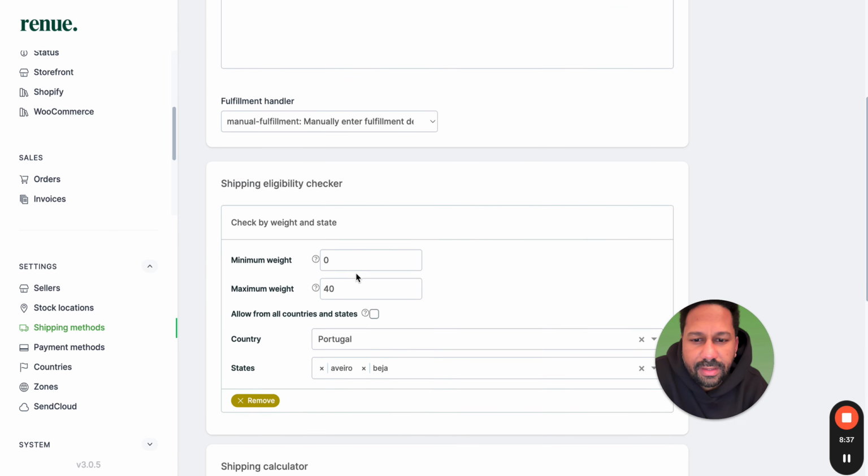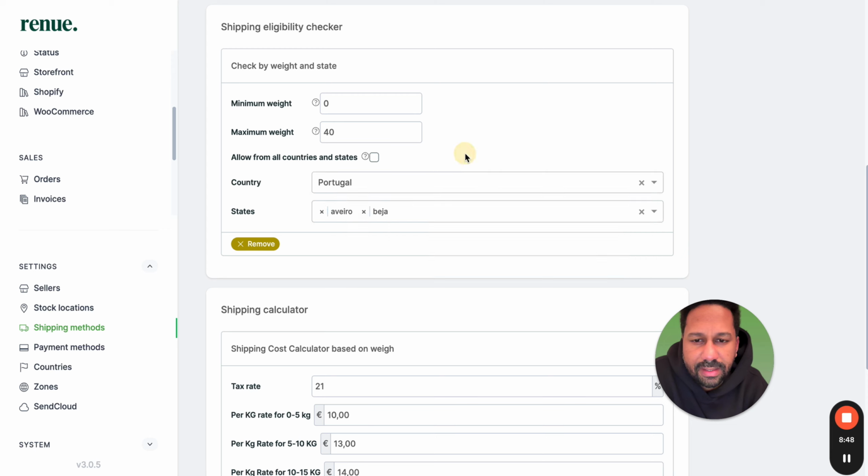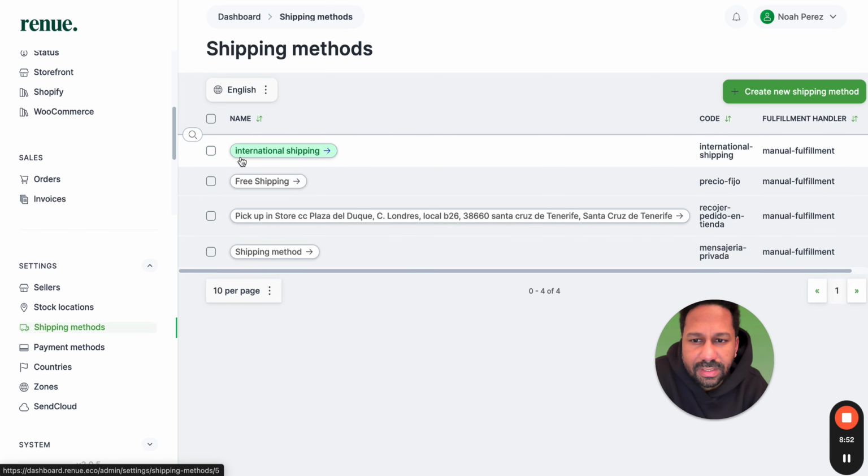If you have to ship to other countries, you can just add them over here, but preferably add them separately. For example, if you ship to the Netherlands or Germany or Spain or other countries, it's preferable to have them set up differently, like shipping to Spain, so the user can just select what country they would like their product to be shipped to. All right,